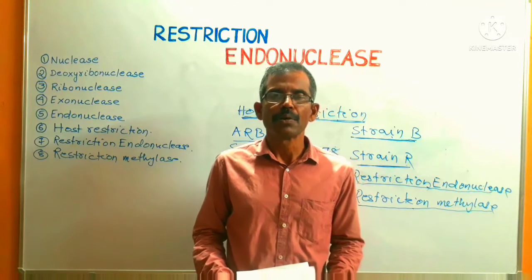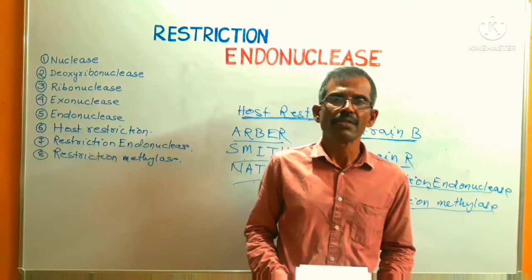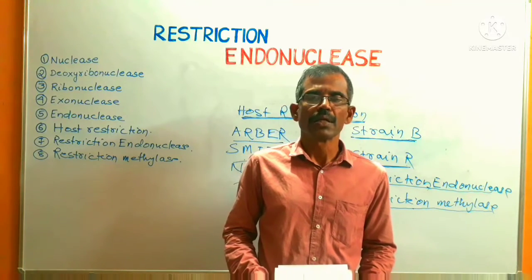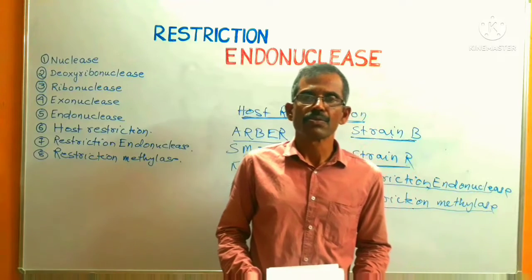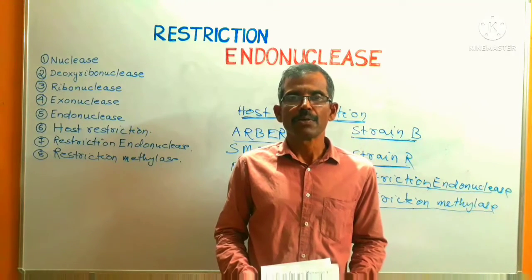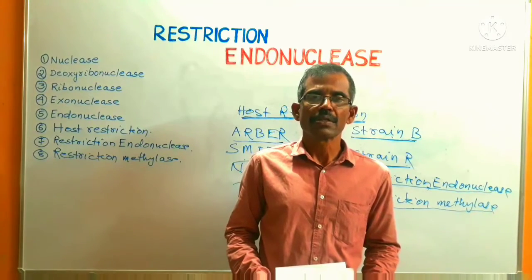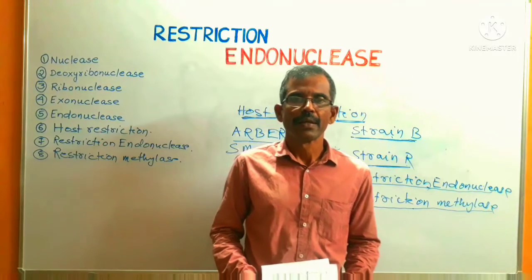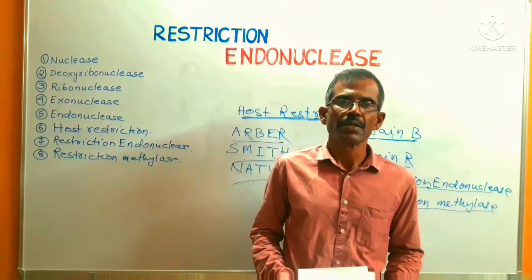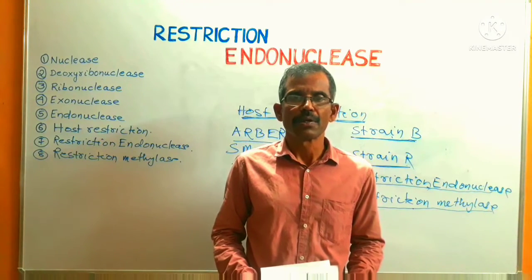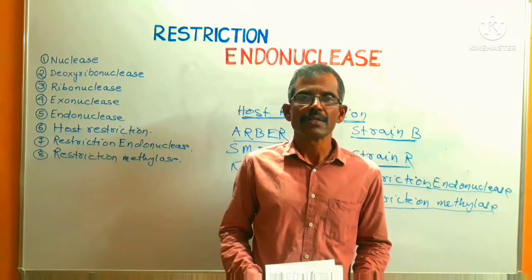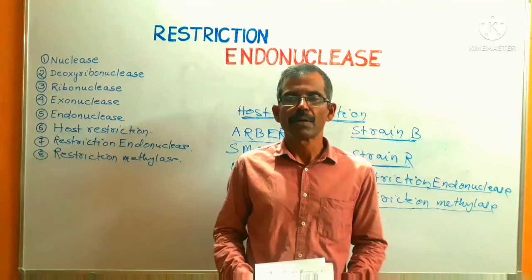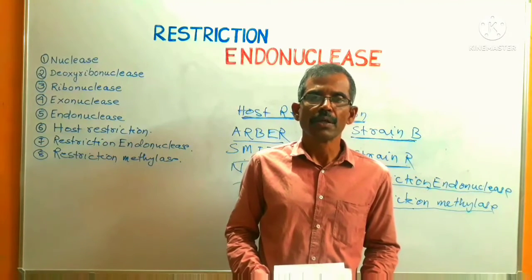There are many endonucleases which cleave only one strand of a DNA duplex. For example, S1 nuclease, which has been isolated from Aspergillus oryzae. There are many endonucleases which cleave both the strands of a double-stranded DNA molecule but at random sites. There is another group of endonuclease known as restriction endonuclease. Restriction endonuclease is an enzyme that recognizes and cleaves both the strands of a double-stranded DNA molecule within or near